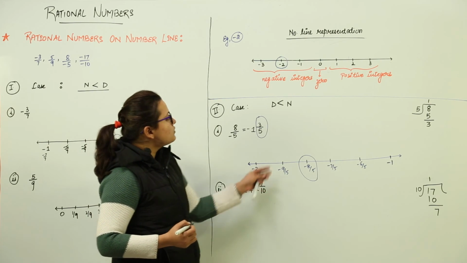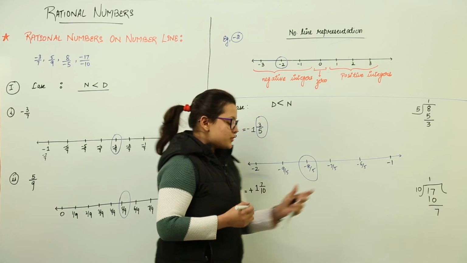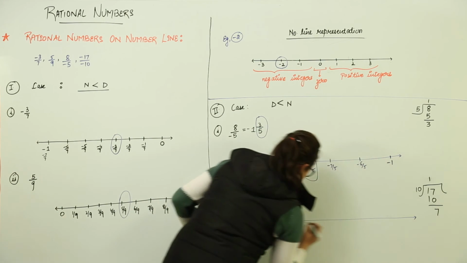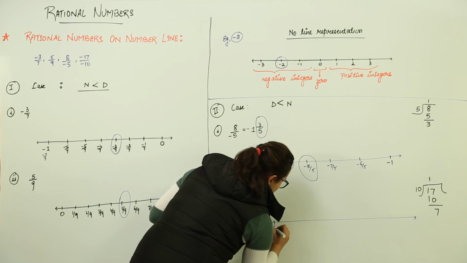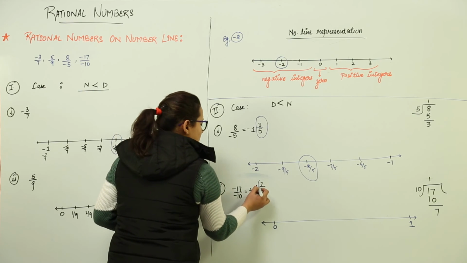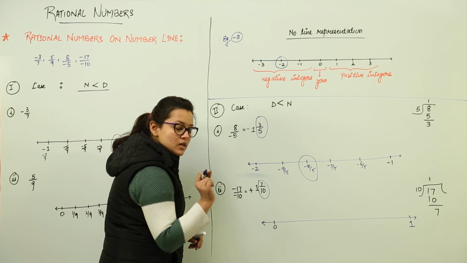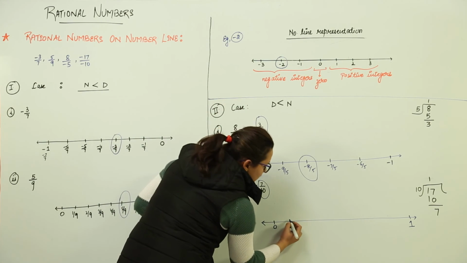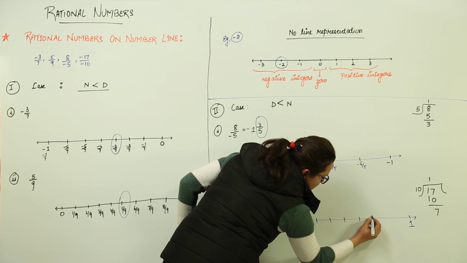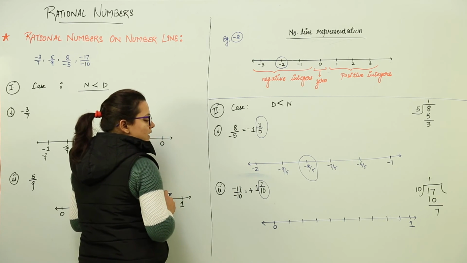That means it is going to lie to the right hand side of the 0. So what we do? We draw the line as we have been doing already and mark the 0 and 1. Now the same case, consider your fraction. How much is written in the denominator of the fraction? It is 10. So we divide it into 10 equal parts. 1, 2, 3, 4, 5, 6, 7, 8, 9 and 10. I have divided it into 10 equal parts.